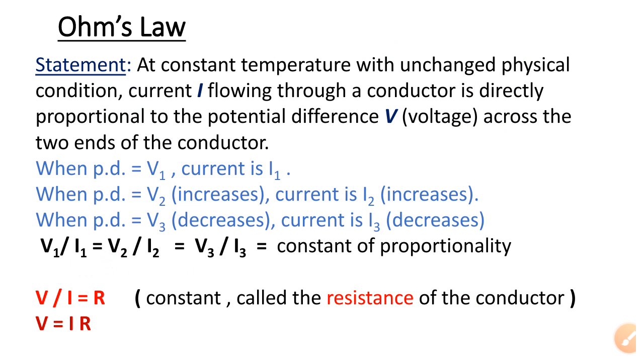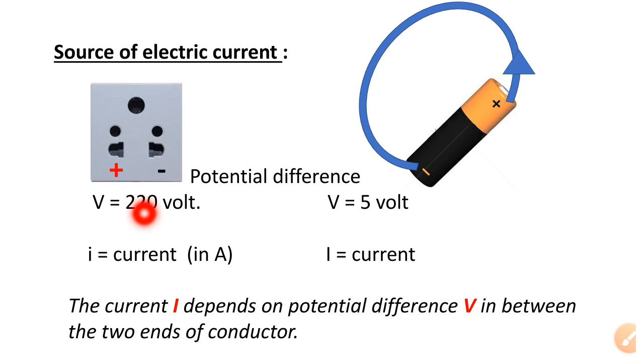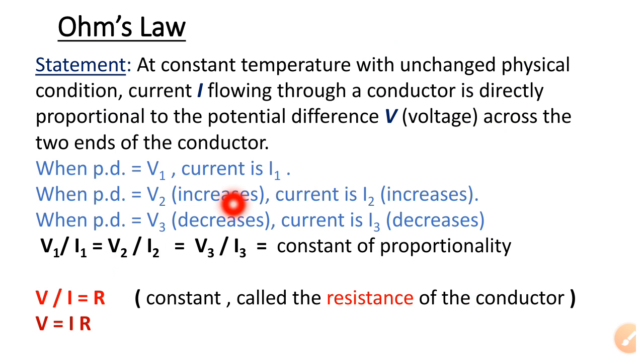Now see the Ohm's law. Here by your common idea you are saying that small I is greater, that means for this 220 volt whatever the current you will get, it is greater. But here there is a proof of this answer, and this proof is done with the Ohm's law.